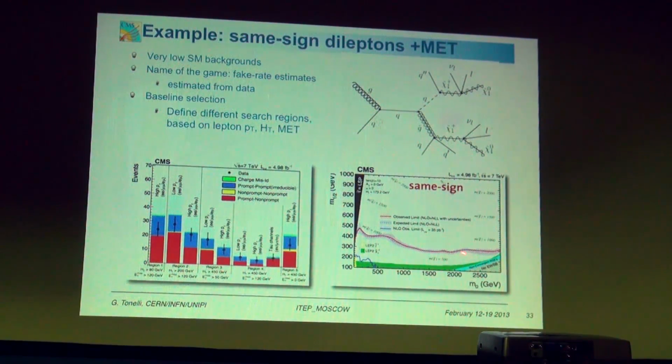On the other hand, it's very important to have different signatures. In particular, if we would see a signal, we would like to see a signal in excess, not only in one channel, but also in multiple channels. And so this is why we pursue this approach in which we use different tools to look for SUSY in the same region. Some of them are more sensitive in a particular region, some of them are less sensitive, but putting them together, particularly in case of discovery, we could be sure that what we see is real and not an artifact.